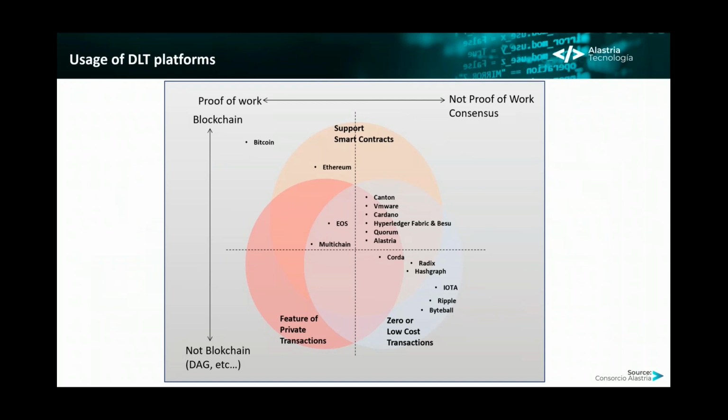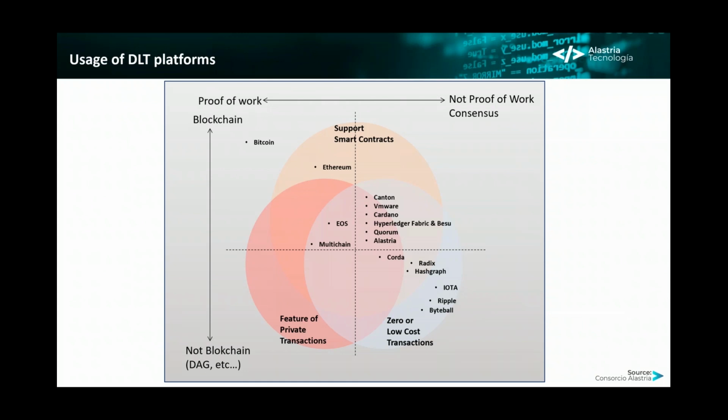But you see there whether it supports smart contracts, and whether you want zero or low cost transactions. That will be important for you, because as small companies, you need to start thinking about the cost of your solution